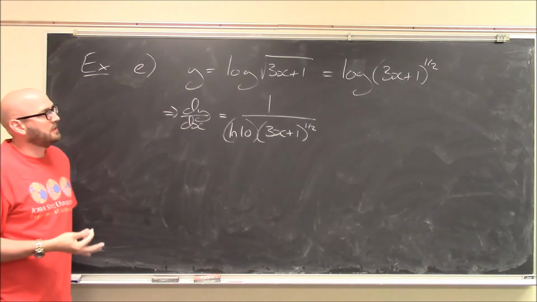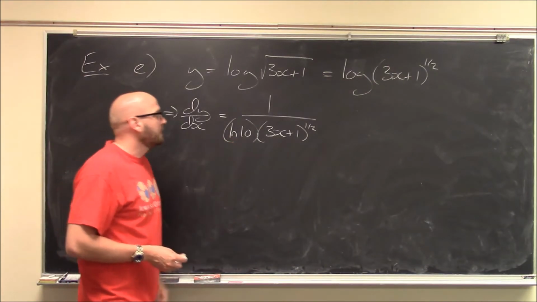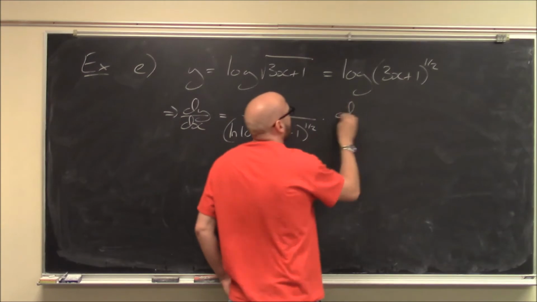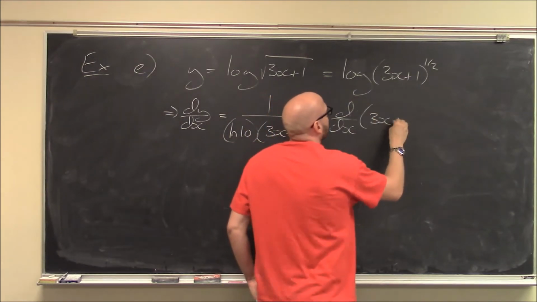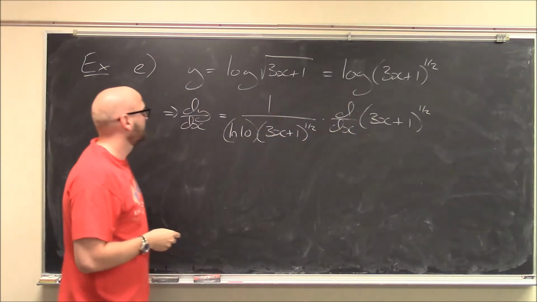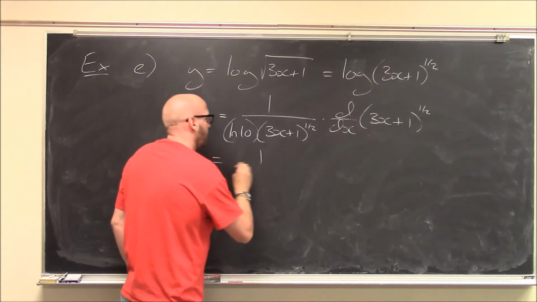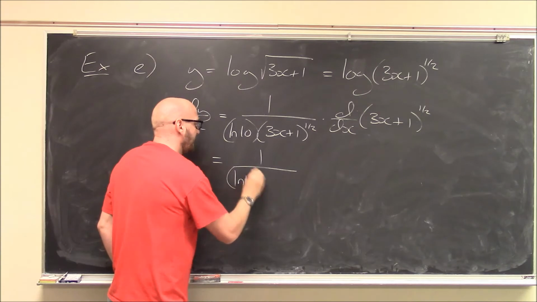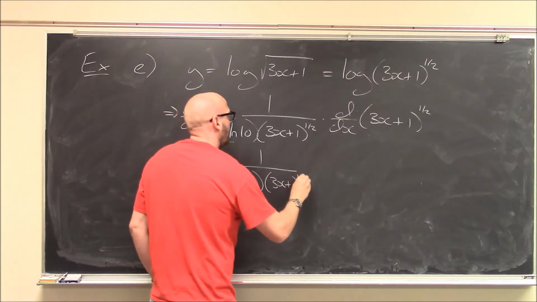Right, that's the unfortunate fact that we're not working with base e. It adds this extra term here. And then times the derivative of the inside function, derivative of 3x plus 1 to the 1/2. So that's 1 over ln of 10 times (3x plus 1 to the 1/2)